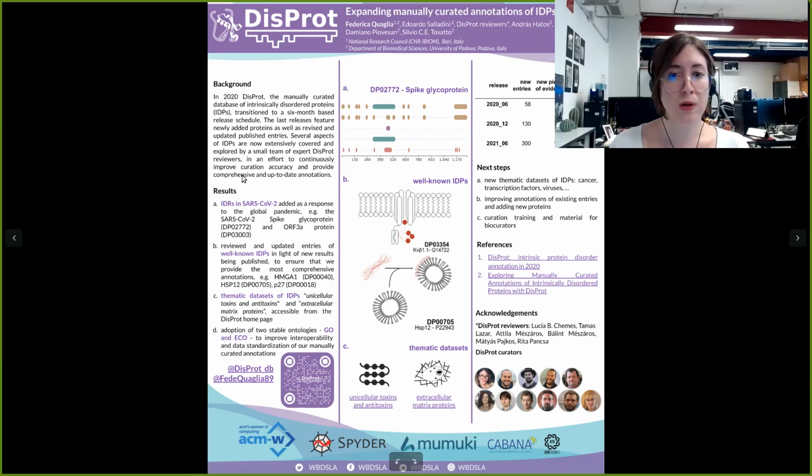So we want to continuously improve the curation accuracy and provide comprehensive and up-to-date annotations for our database. And this can be done thanks to the effort of a small team of expert DisProt curators, which are our reviewers. So what we started doing in 2020 is annotating intrinsically disordered regions from the SARS-CoV-2 virus as a response to the global pandemic. Indeed, we have been able to add, for example, the spike-like protein entry and the 3A protein